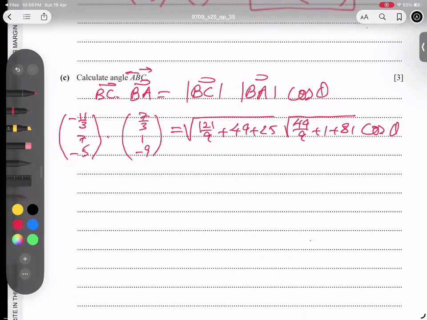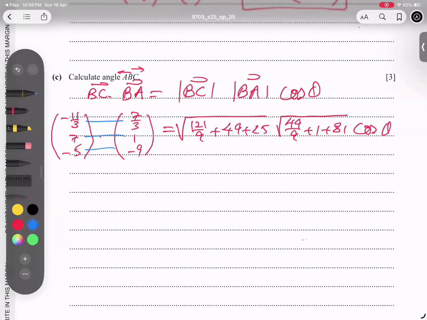The corresponding values multiply directly, and I'm saving time by multiplying directly. Negative 11 over 3 times 7 over 3, plus 7, and plus 5 times 9, which is 45. And I'm getting here 391 over 9. And if I check it, 121 over 9 plus 49 plus 25, I'm getting here root of